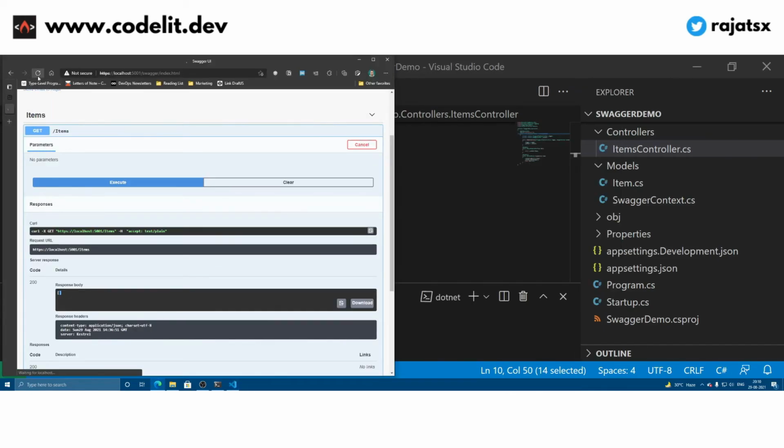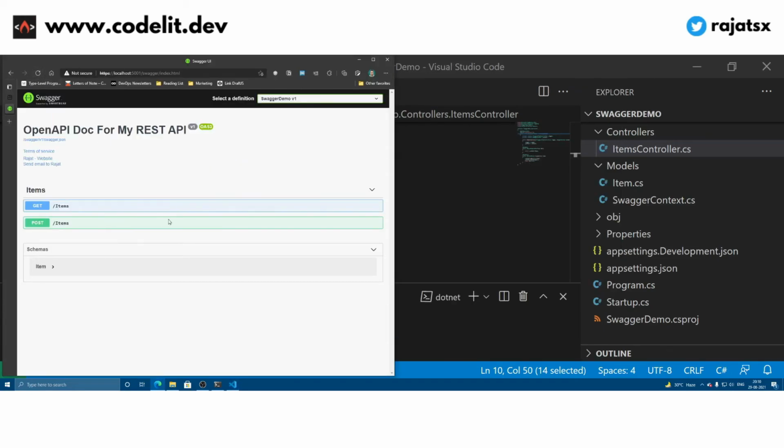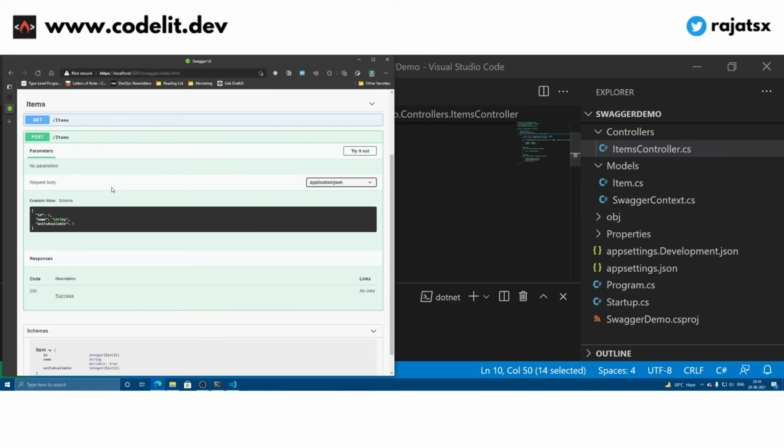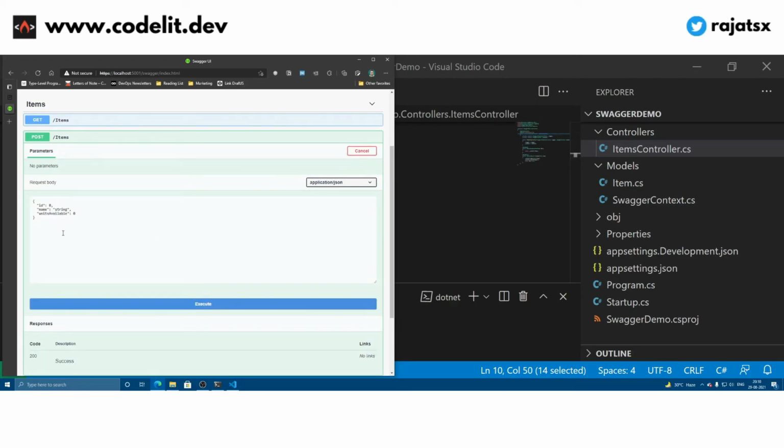and reload our Swagger API as well. So now you can get to see these post items route and our item schema is also listed over here. So if I go to this post item and expand it and click on this try it out, I can actually edit these fields in order to create a post request. So let me create a simple item.